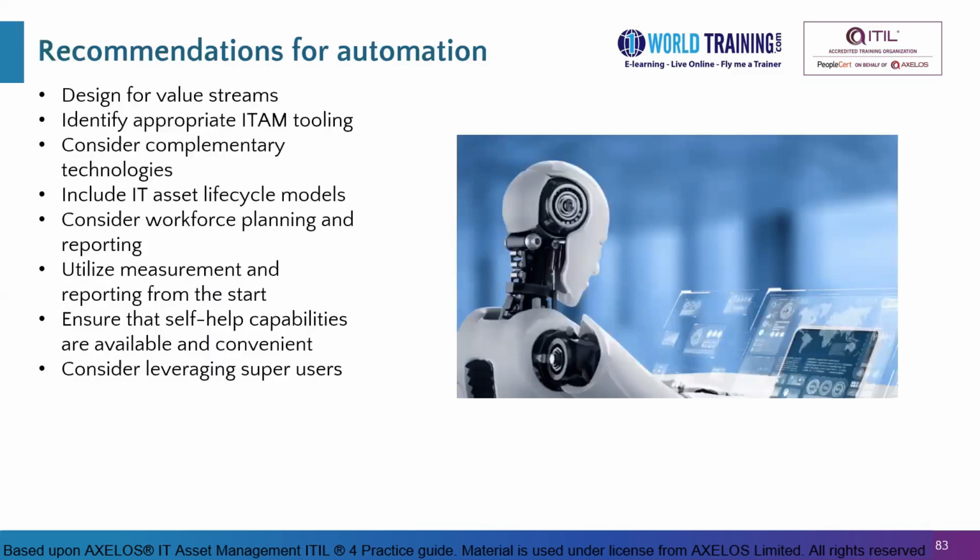Next, we have the recommendations for the automation of the IT asset management practice. We see 8 such recommendations here, but before we get into them, we should know that by using the right tools and technologies, organizations can streamline and improve their IT asset management practice and process, and achieve better outcomes. Automation helps, as we know: it will reduce manual errors, it increases efficiency, and it provides real-time insights into asset